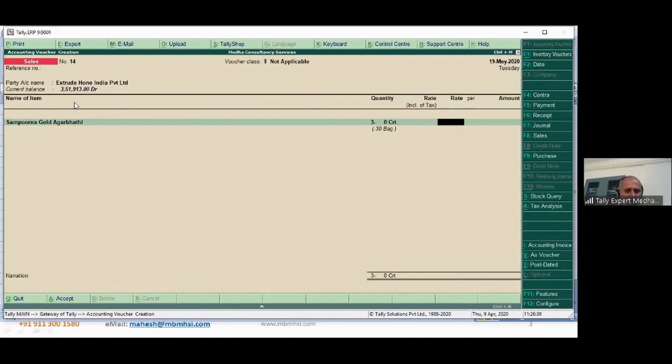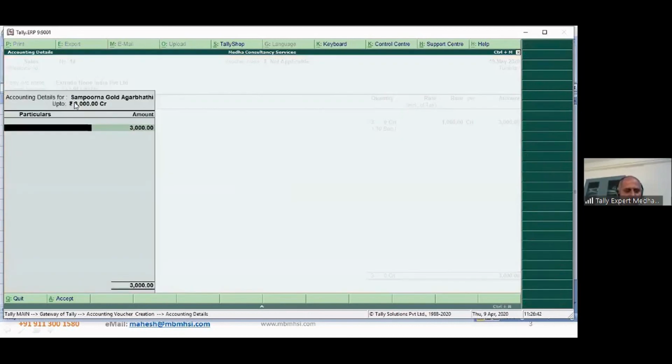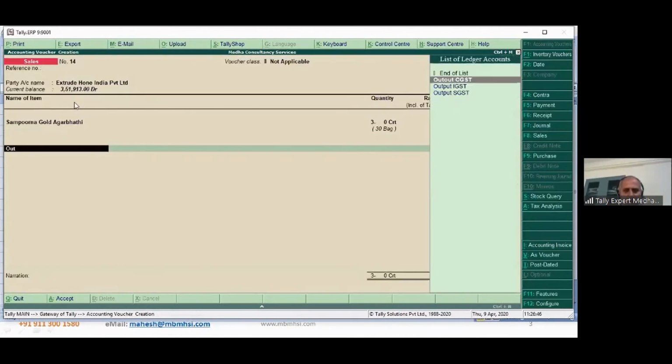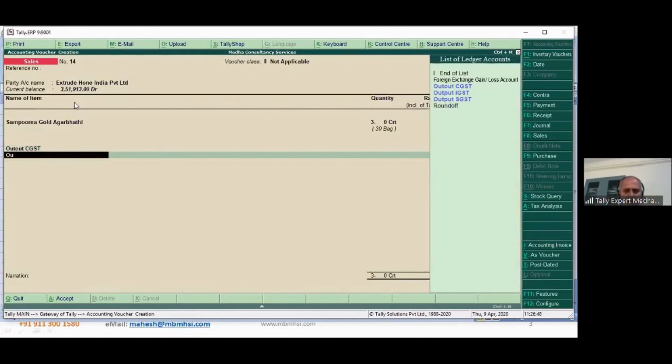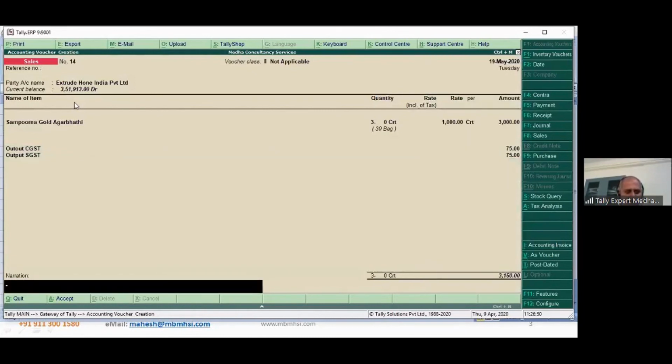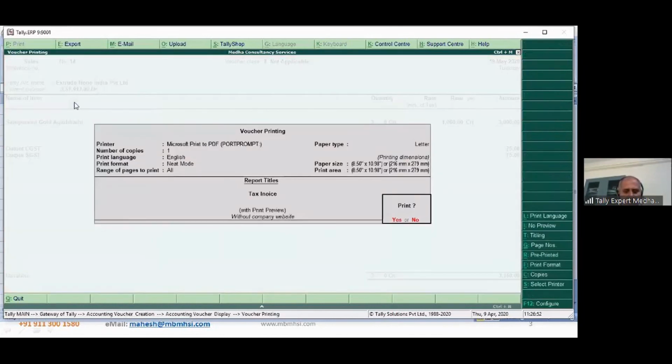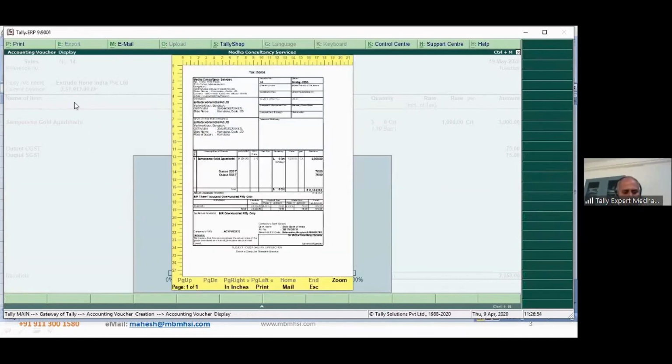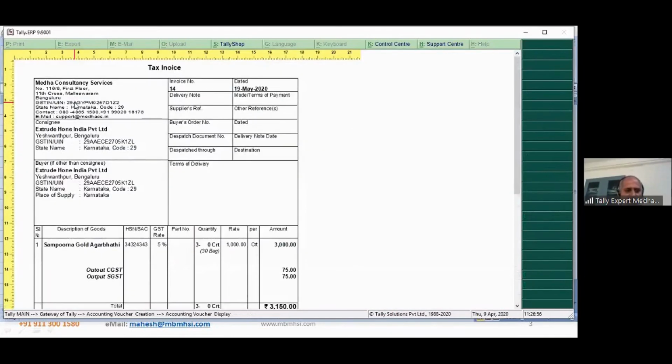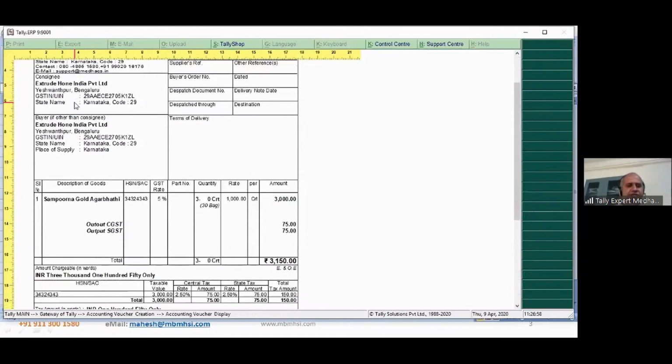Okay, so the rate is, say example, 1000 rupee per carton, 3000 rupee sales. I have output CGST, output SGST. So I have sold 3 cartons, which typically is 30 bags. For the next person, even if he disables, he knows there is 30 bags in that.